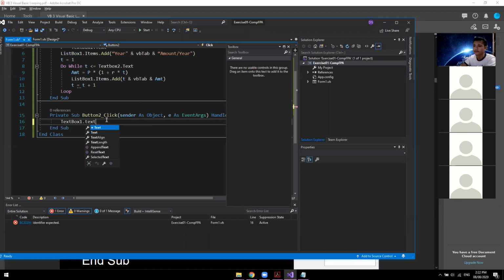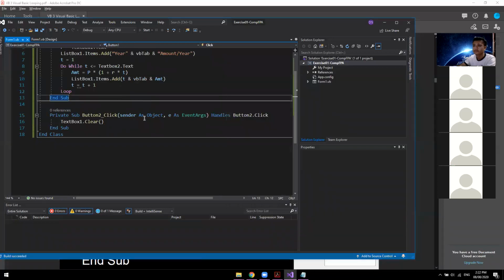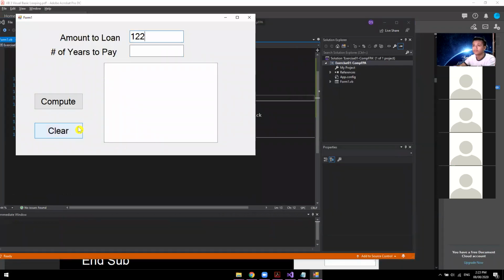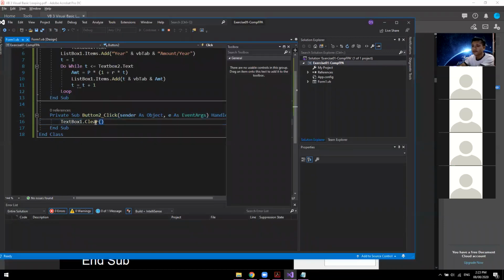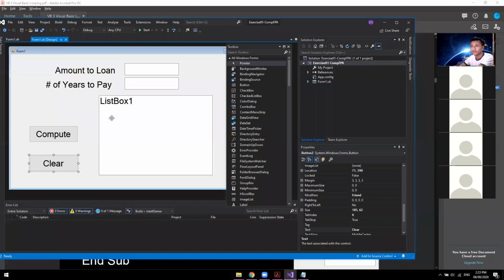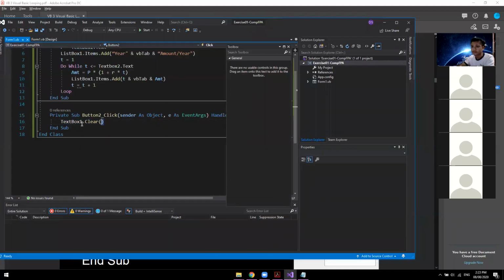Come to think of it, never pa ako nag-clear ng list box. Puro text box. Wala, mamaya tayo pa. Okay, explore natin to. List box 1 that